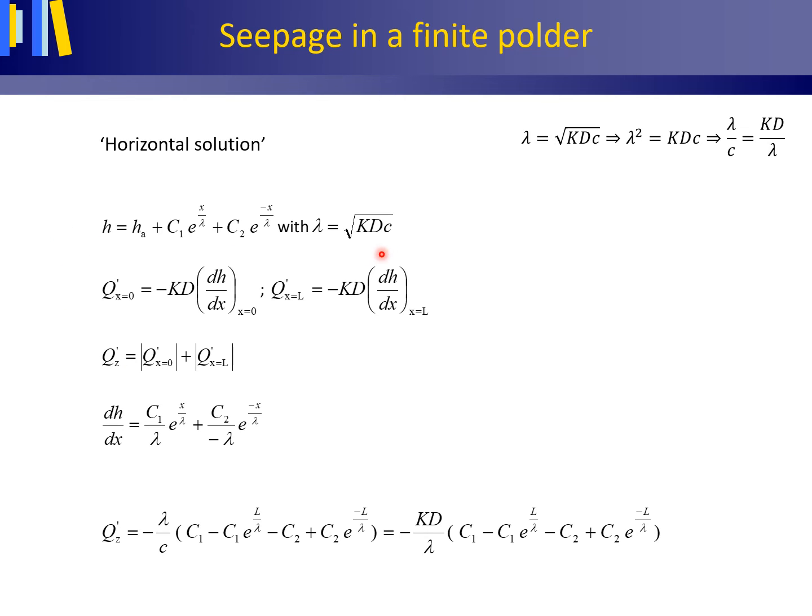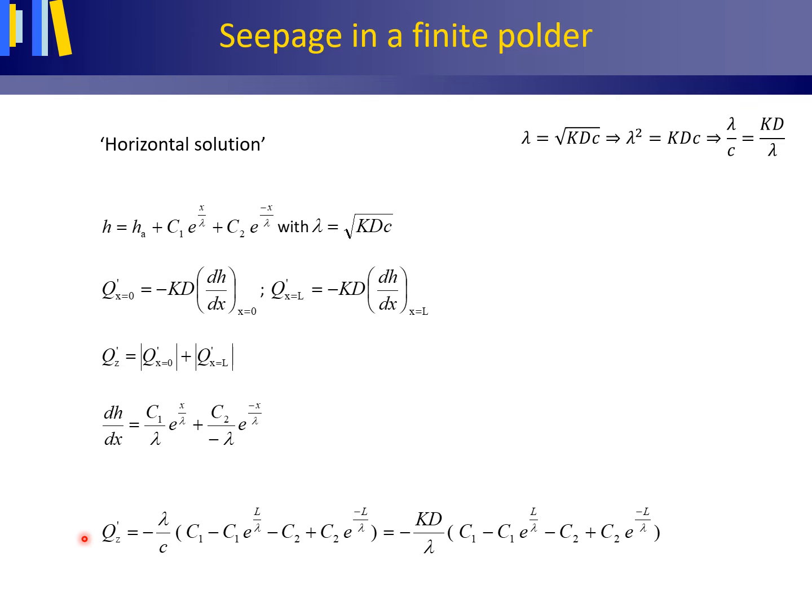When you differentiate this, you get the hydraulic gradient. Insert 0 in this equation and you have the hydraulic gradient at axis 0. Insert for XL into this equation and you have the hydraulic gradient at axis L. And then again, add the absolute values together and you will find your total upward seepage into the polder in